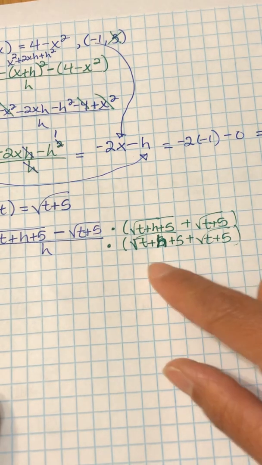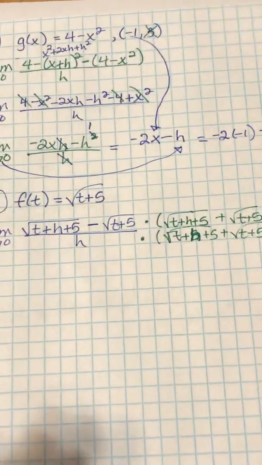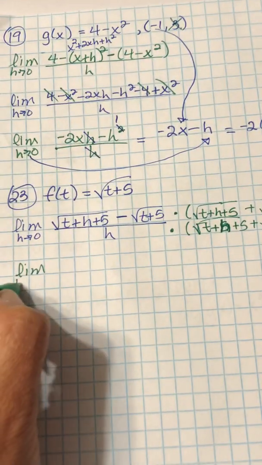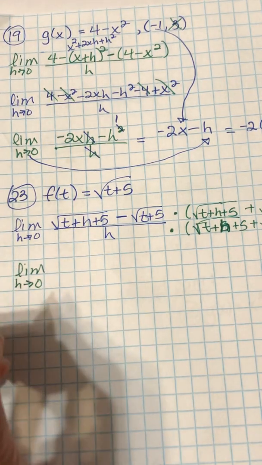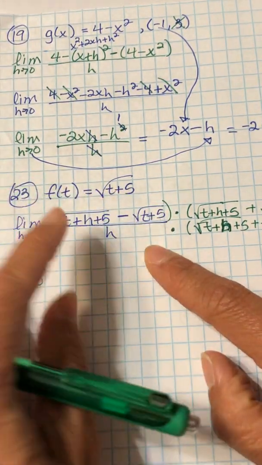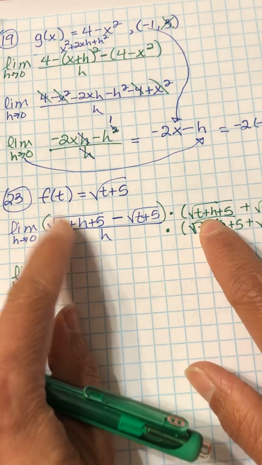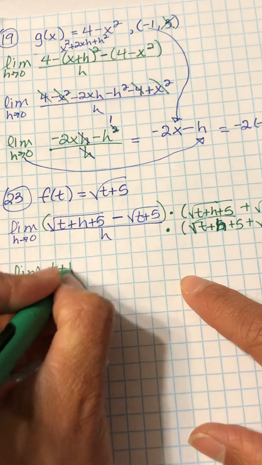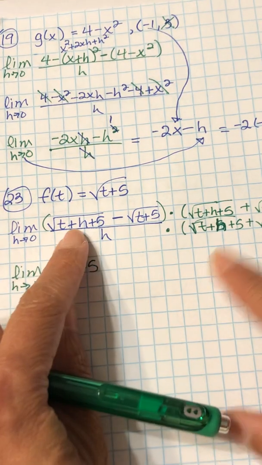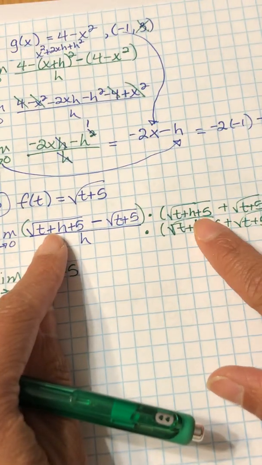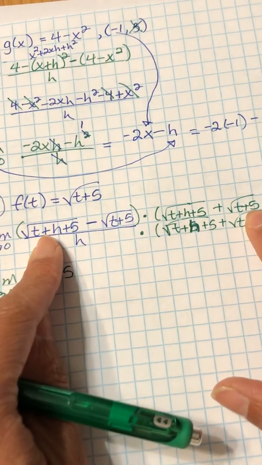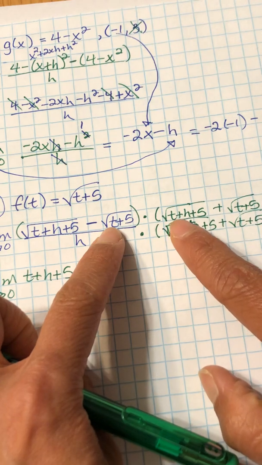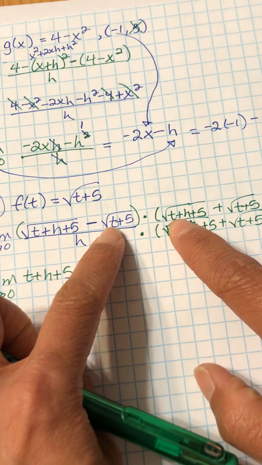Don't try to simplify it further. Leave it like that, okay? All right, so I'm going to have the limit as h approaches 0 of, let's see, when I multiply these two together, radical times itself, the radical goes away, so the t plus h plus 5 gets to come out. Square root of t plus h plus 5 times square root of t plus 5 is the positive version, minus square root of t plus 5 times square root of t plus h plus 5 is the negative version, so